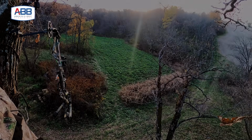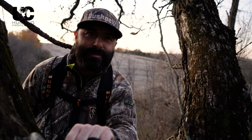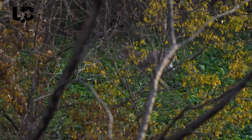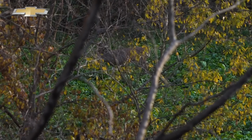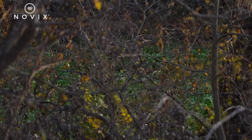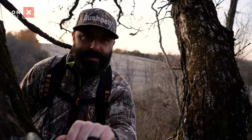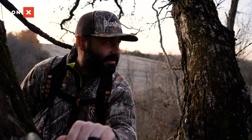Encounter number 3 with Chubbs. Don't feel like we had much of a chance there. He popped into the food plot and just walked straight across the back. And I mean, he had seemingly a destination in mind. As quick as I realized it was him, I stood up and just got him in the glass,